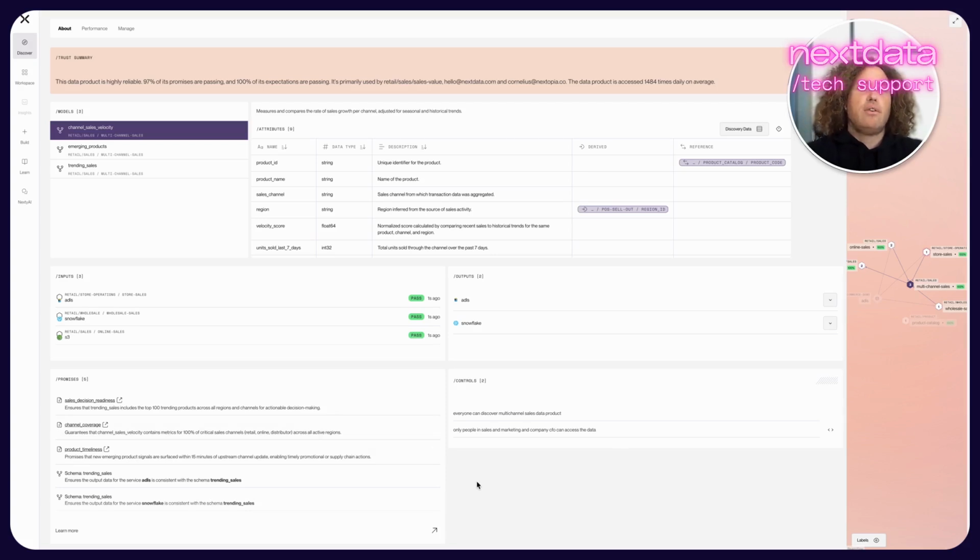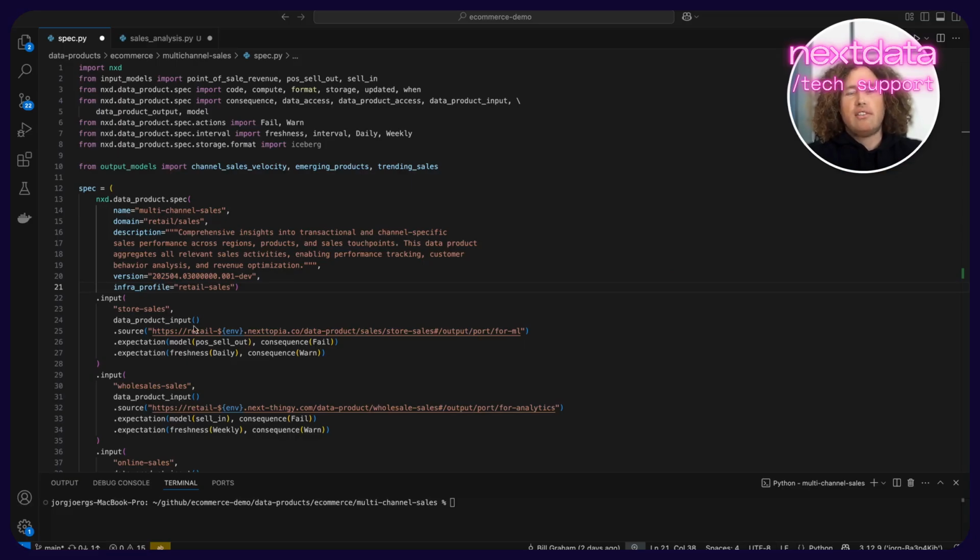Next, let us take a look at the different outputs. Different personas need different representations of the same semantic model to work with. For example, a data scientist can happily work with the SQL data. A machine learning training job, on the other hand, probably prefers a document or file structured output it can use as training input. And agents, GenAI in general, they really love direct vector embedding representations here. And for that, let us actually start adding a Pinecone embedding output to our multi-channel sales data product.